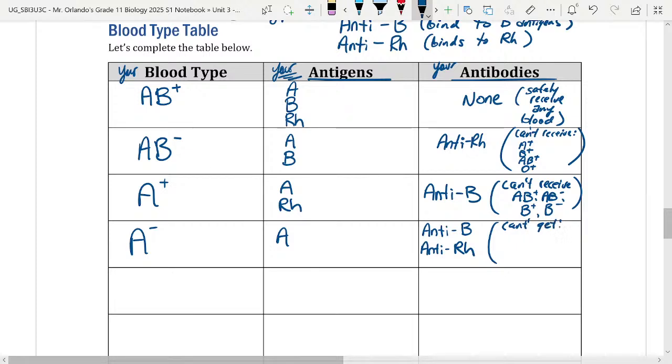Well, you couldn't even get A positive, right? No. You couldn't get AB positive. You couldn't get O positive. And you couldn't get B positive, right? In other words, all of the positives would kill you, just like this person, right? Because the RH factor is going to get you. But what else can't you get? B positive. You couldn't get B, we already have B positive, but you also couldn't get B negative, and you also couldn't get